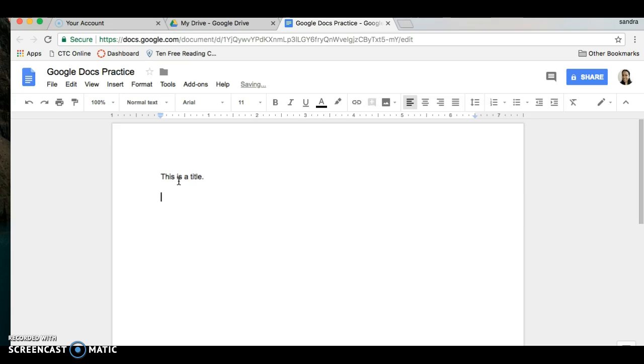Enter twice, 1, 2, to give it some space. This is a subtitle. And this is a paragraph. In order to change the settings to the title, for instance, make sure you click and drag it to